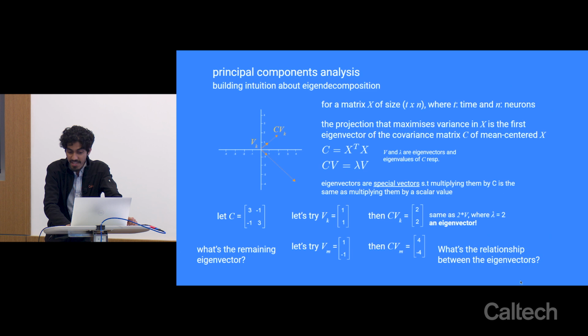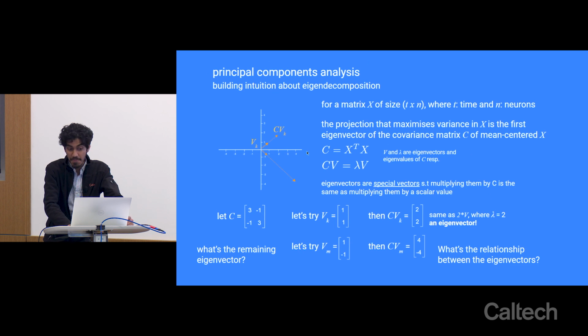And notice the relationship between these two eigenvectors, right? They have this property of orthogonality. The two eigenvectors are going to be orthogonal to each other in the state space. Now, so these are all really important ideas, right? And the way that I'm trying to provide this intuition is to say that this is all really by construction. We have an equation, CV equals lambda v, and we have found a very specific value of v which obeys this. And those values, those particular dimensions or vectors of v, are the eigenvectors of our system, right? They're basically vectors. If you multiply with c, you're going to get back some stretched version of v, but you're not going to change the direction of that in state space, okay?